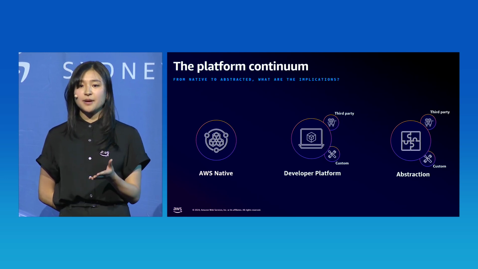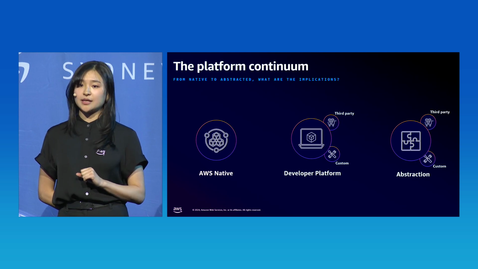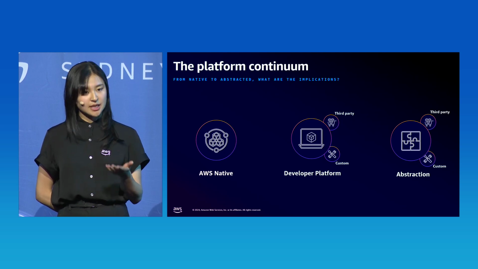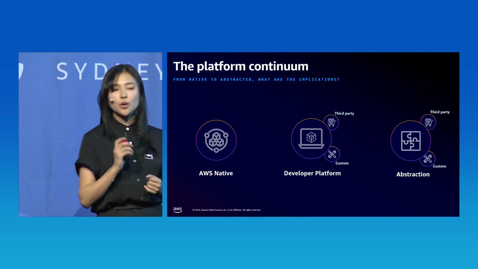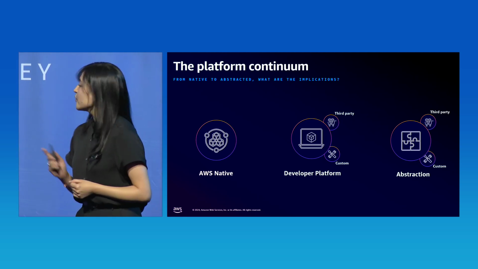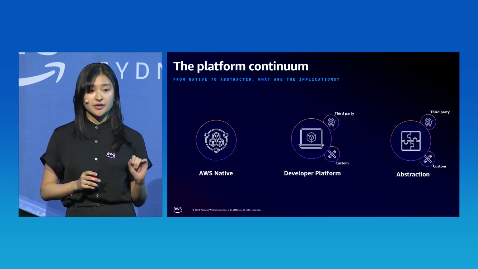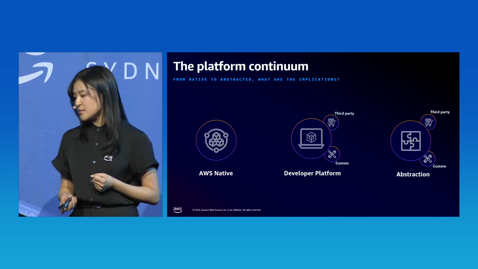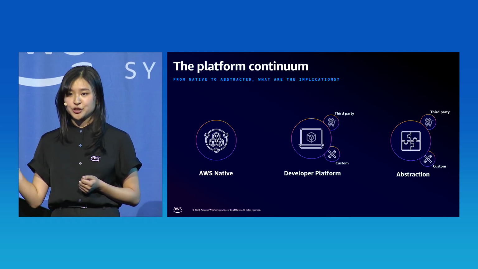And of course, we have the third-party open source and commercial options like SST.dev, which is one that's currently rising in popularity. And native AWS options in this realm include AWS Cloud Development Kit, CDK, AWS SAM, Serverless Application Model, and AWS Proton, which are all services and frameworks you can build your developer platform on top of. We've also seen customers create this two-speed approach to cloud. So deploying legacy applications via the abstraction layer, which might be managing a handful of services, and directing net new developments and workloads for modernization towards AWS native or the developer platform approach.